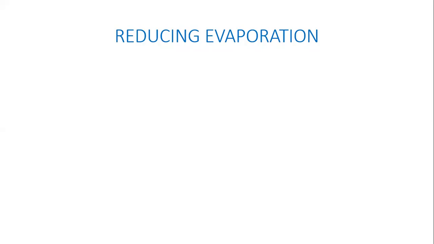In the very beginning, I think somebody, when I asked about the factors affecting evaporation, said surface area. Let us say I want to store a certain volume of water. If I store it in such a way that instead of having a large surface area, I store it in a deep water body with a small surface area, that could be one easy way of limiting evaporation, right? Reducing the surface area that is exposed to the atmosphere. Which means it would be more beneficial to have a deep reservoir than a shallow wide one.